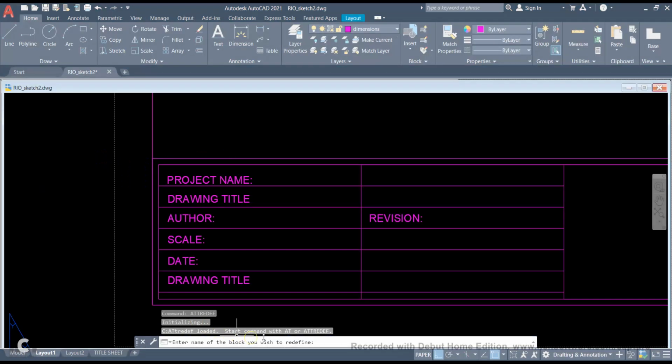To do that, in the command line, let's type attribute definition. Edit attribute definition. There is. Enter the name of the block. Or attributes, I prefer the command, the pop-up window. So attribute def